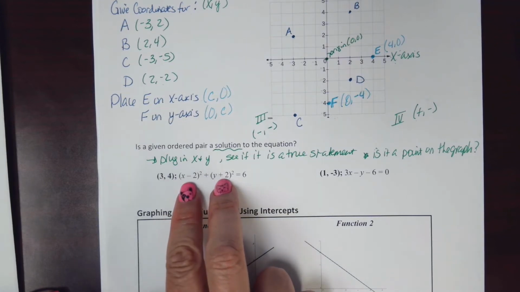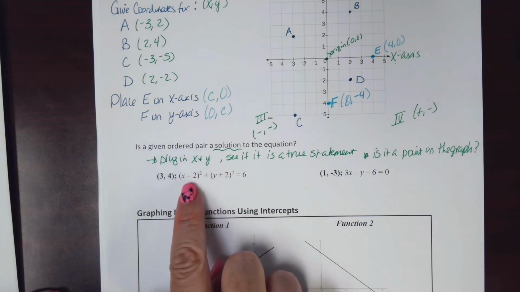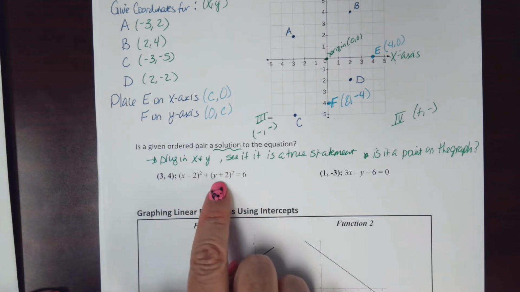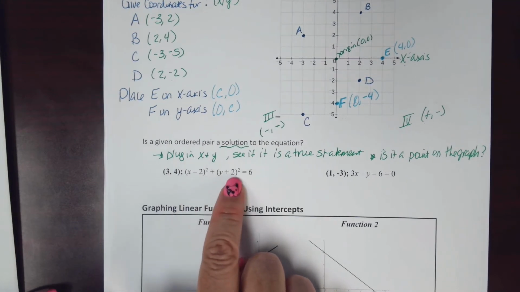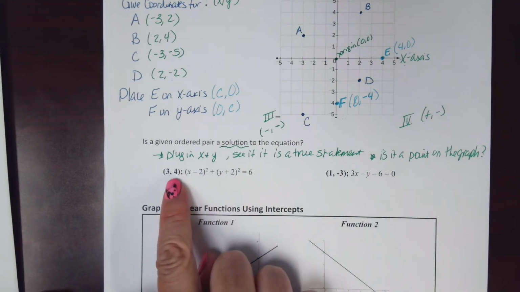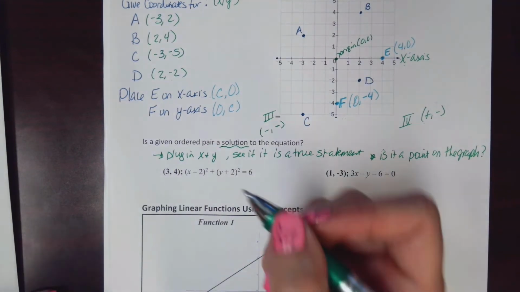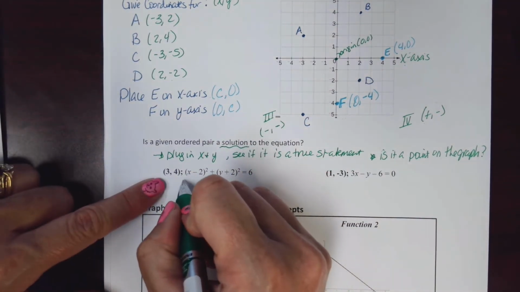You don't know it's a circle. Don't panic if you didn't know that. I know it's a circle because I have an x square and I have a y square. So when I have an x square plus a y square, I know I'm going to have a circle. So the question is, does the circle go through this point 3, 4? If I put the circle on my graph, is one of the points on the circle going to be 3, 4? Well, to check that, I plug in 3 for x